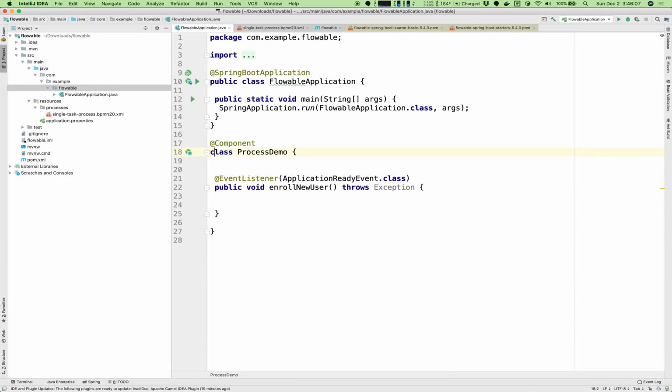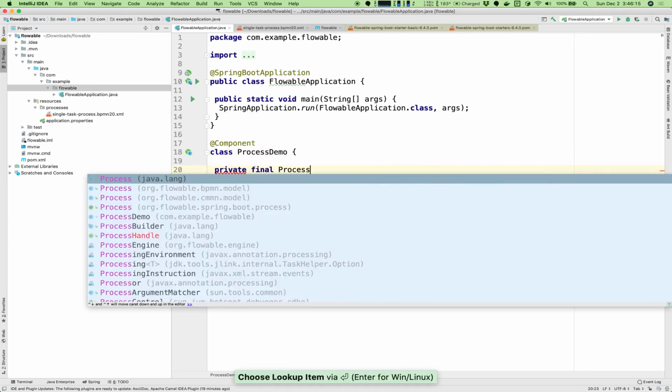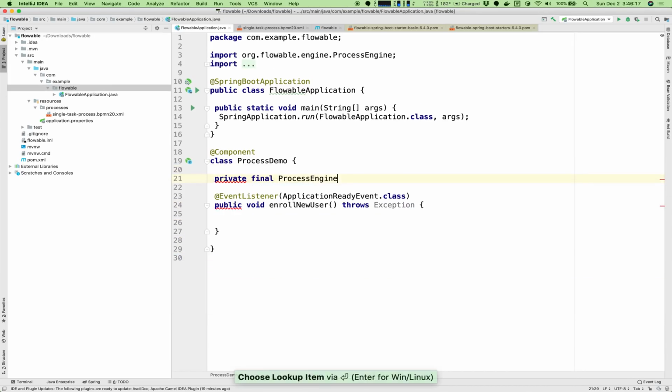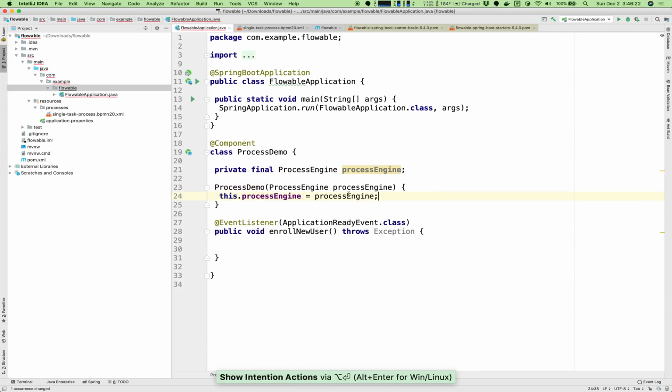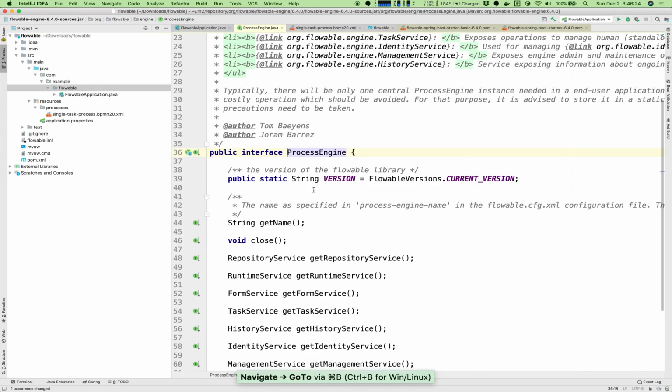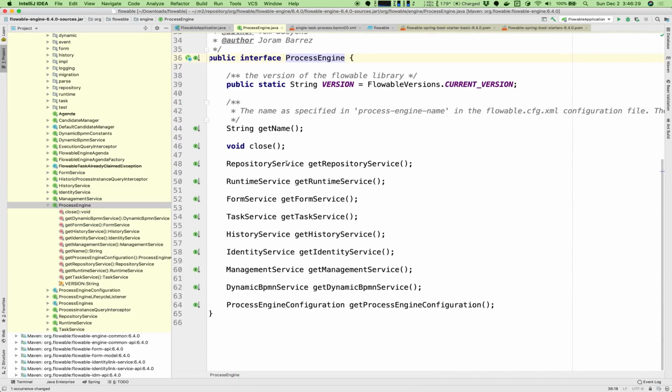So in order for me to address this, I am going to inject the process engine. Now this is usually a little heavy-handed. If you don't know where to go, you inject the process engine. The process engine is the heart of the API. It has a very simple structure. It in turn gives you pointers to the other interesting objects in the workflow engine, and so you get access to the repository services, which is concerned with persisting the different tables. You've got the runtime service, which gives you access to the